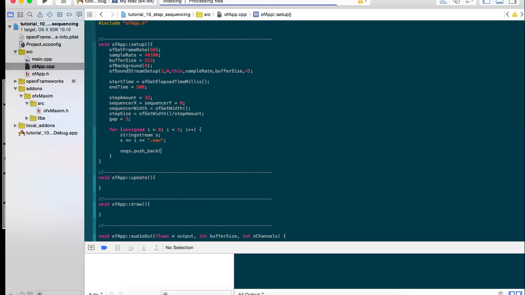So I need to push back a unique pointer of sequencer type, open brackets, then push that back to the heap. So new sequencer,